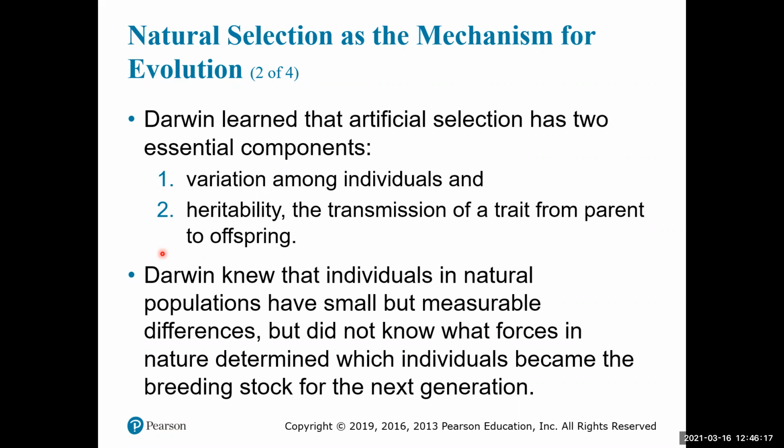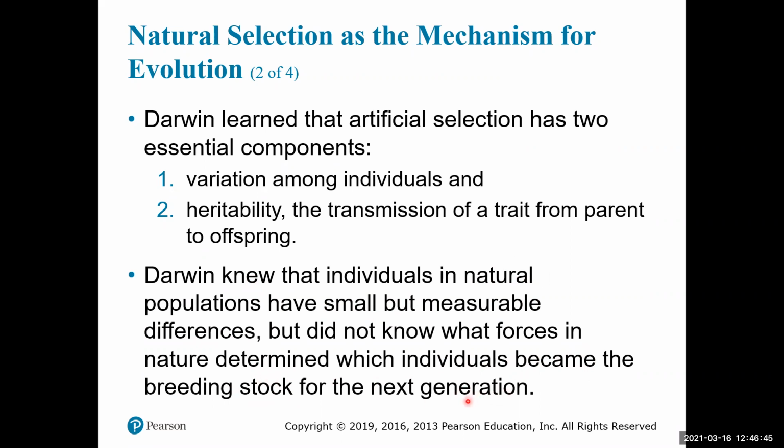Okay. And so Darwin knew, based off of all of his observations that he's made throughout his lifetime and throughout his research and travels, that natural populations do have small measurable differences. Okay? But one thing he didn't really know is what forces determined which individuals became the quote unquote breeding stock